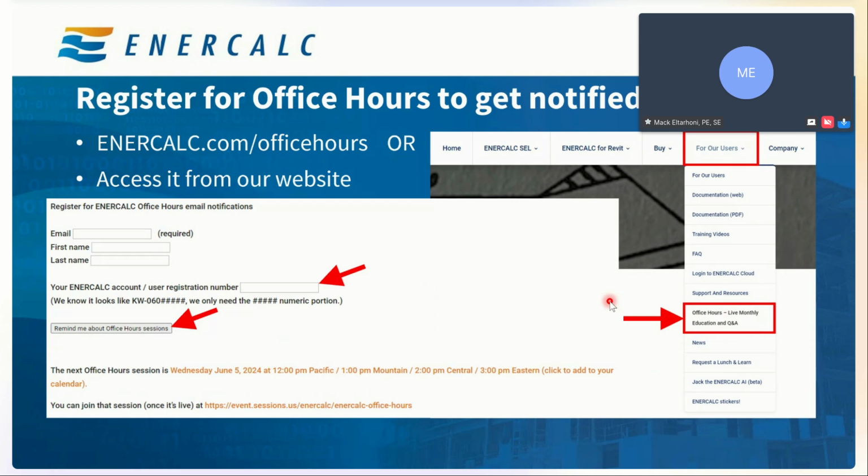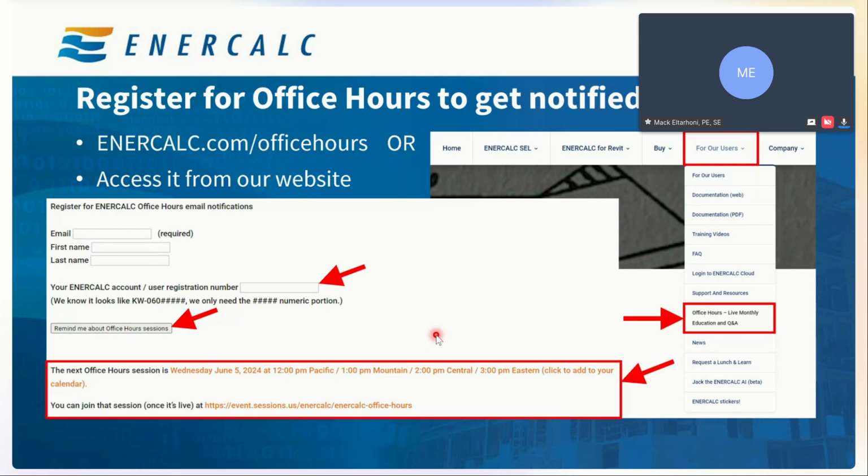You input your email and your name, and if you're an active user, we ask you to give us your registration number or your KW license number. If you're not an active user, you can just leave this blank, and then click on Remind Me about the office hour session.